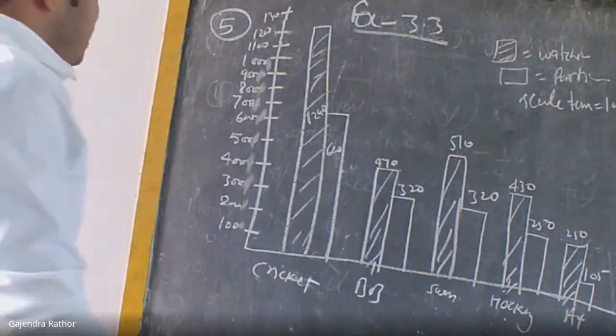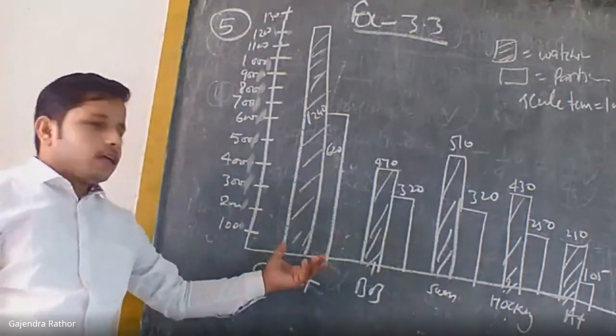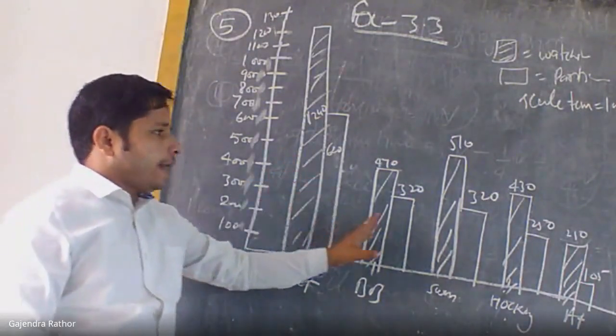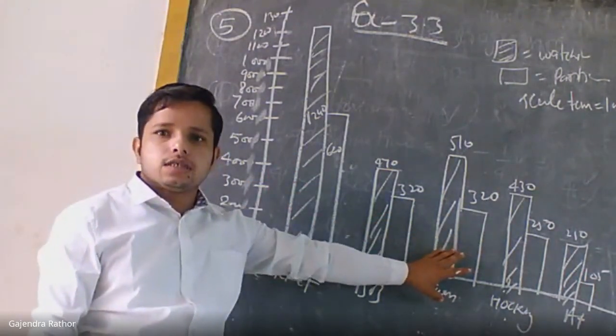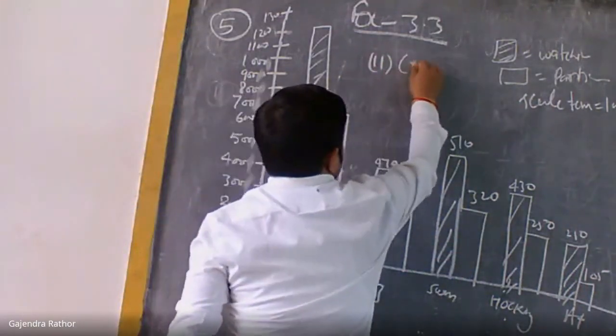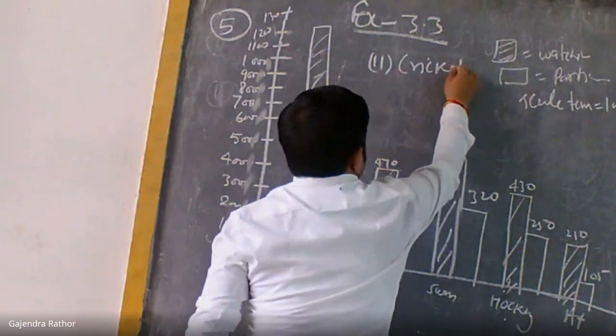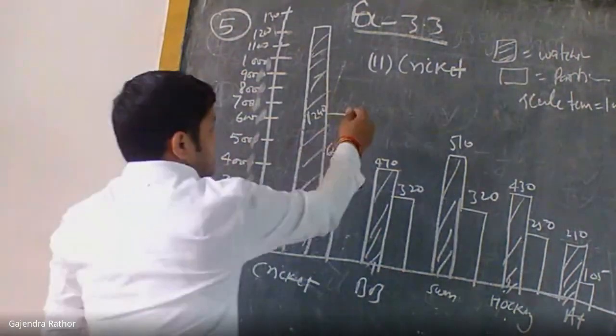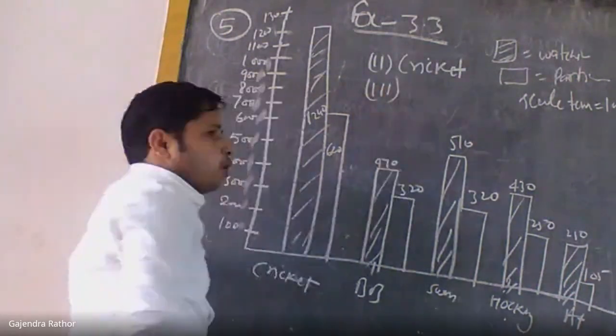Cricket. Why cricket? Because we are seeing that the bars of cricket are the highest from any of the games, sports. So the second answer is cricket. Okay. Now the next third point is